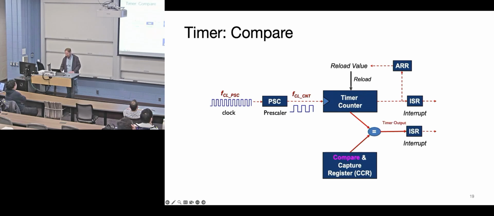But typically what you're doing here is you're saying, okay, when this value equals some value in here, then some action should occur. Okay? And that action can be that you're going to set a bit high. And then maybe when you hit your auto reload register, the bit's going to go low. So that's how we're primarily making square waves or other timing events. What questions do you have?